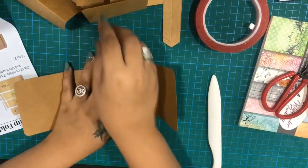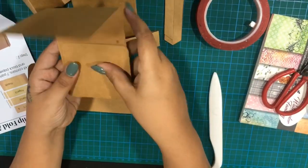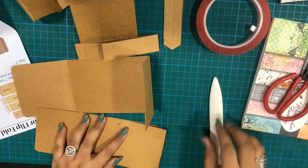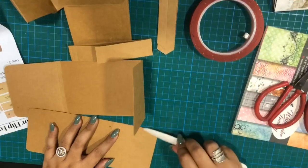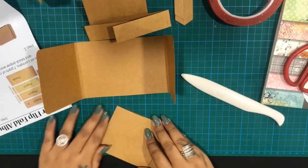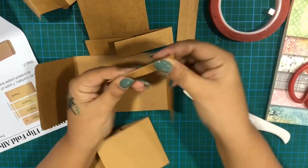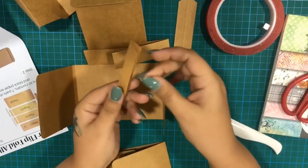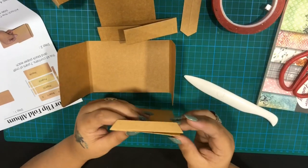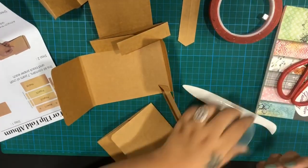Now I'll take my page one. You can take any one page out of these. You can nicely give a score to your page, and to the page you have to attach these hinges, or you can call them connectors. These connectors are very important to attach the page on your base. So with the help of the connector,